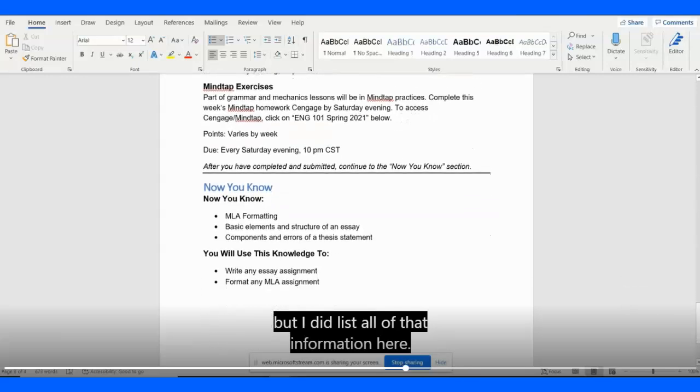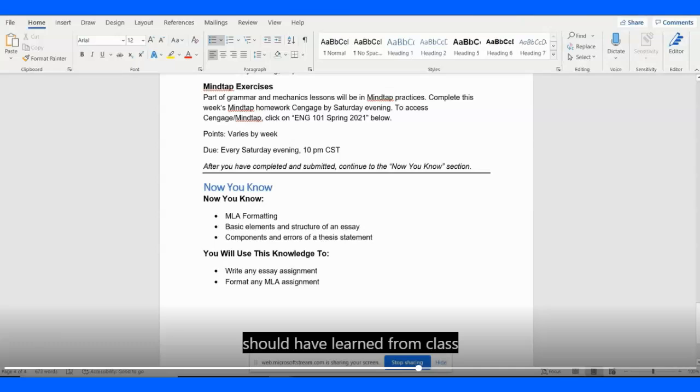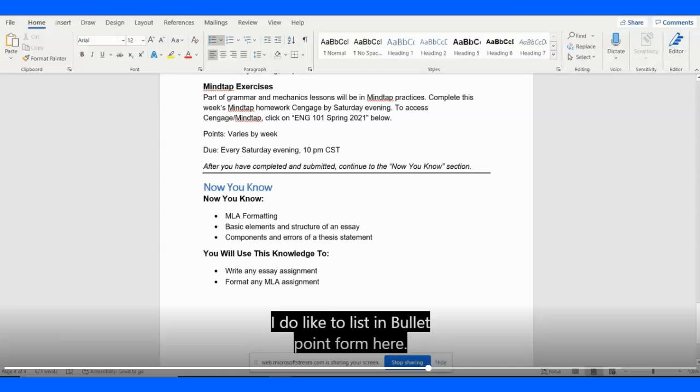And then last is the Now You Know section. Under the Now You Know section, I review what they should have learned from class that week, and then how they'll use that knowledge in the future. I do like to list in bullet point form here. It just makes it easier for the students. So how does this document